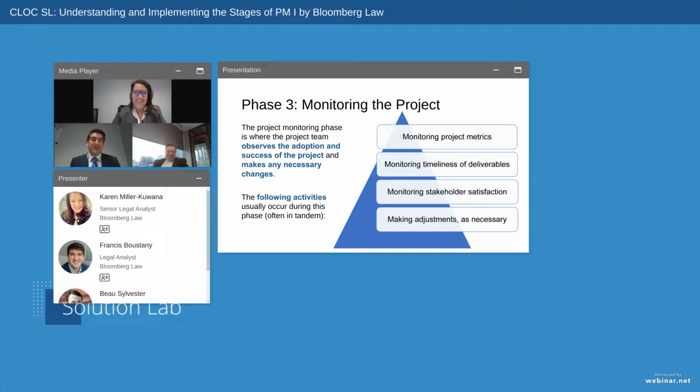No, that makes complete sense. I guess one thing that a number of people who work on projects find is that the execution and monitoring phases kind of bleed into one another. Can you tell us some of the differences and similarities you experience on both of those? Do they kind of bleed together for you, or do you find them to be very separate and distinct? That's a good question.